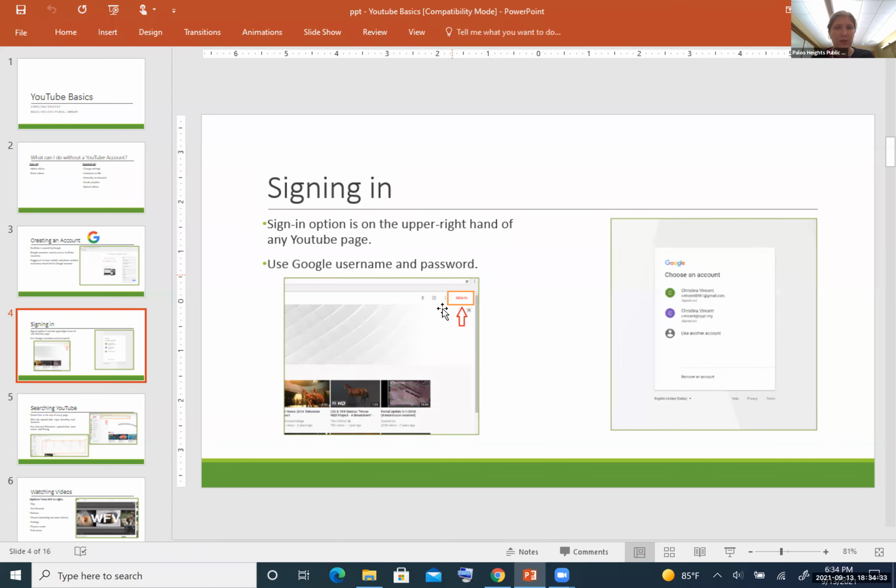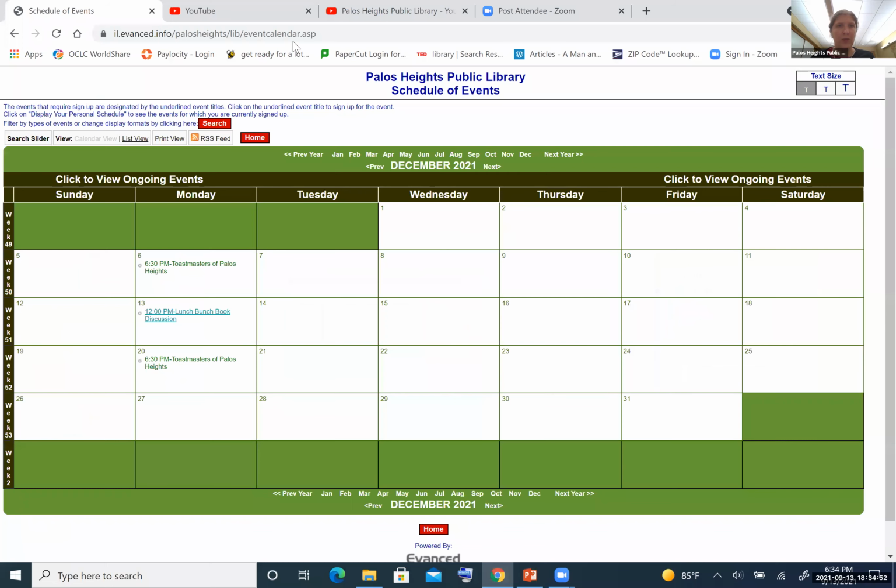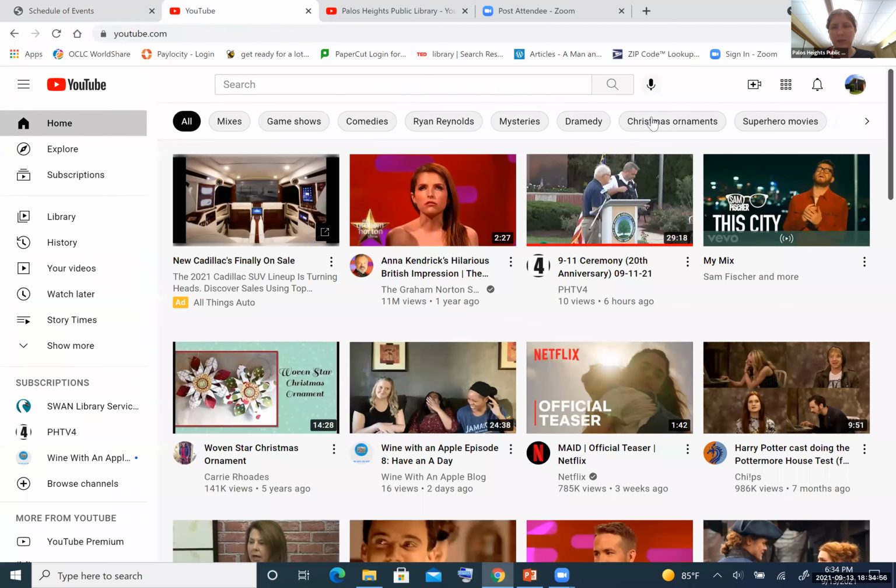You can either sign in on the upper right-hand corner of the YouTube page, or if you sign into your Gmail and then open YouTube in a new tab, you'd be already signed in to your YouTube account. So I'm going to show you what it looks like when you're already signed in. You will see a little picture icon.